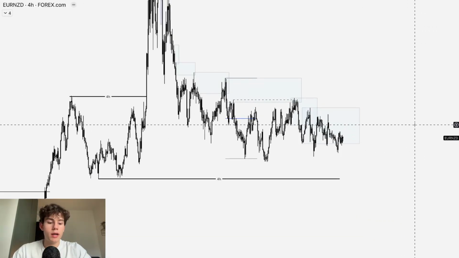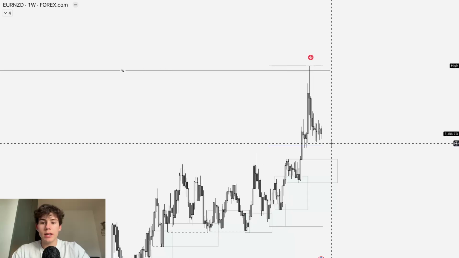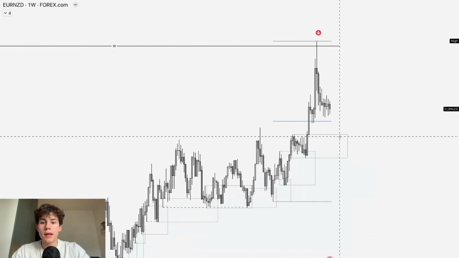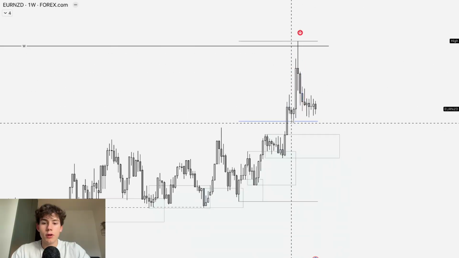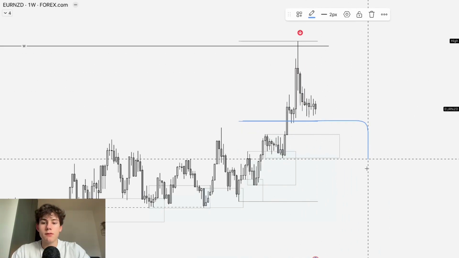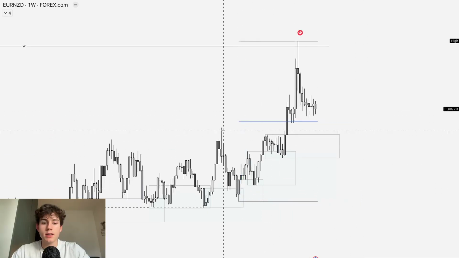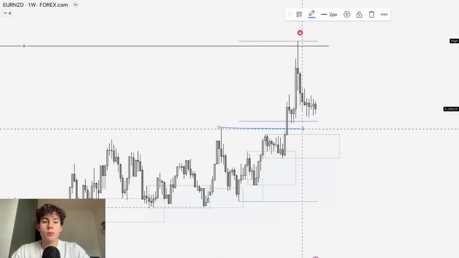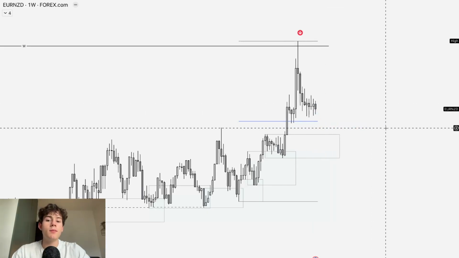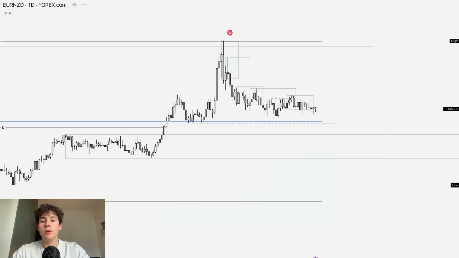Looking at Euro NZD, looking on the weekly time frame, same thing as Euro AUD: take liquidity above the high and no liquidity in this move up, wanting to take liquidity at this low. But in this specific example, we still have the discount prices from the daily swing, which I'm about to show you, so we could still tap those as well as take liquidity. So this one is looking a little bit better.